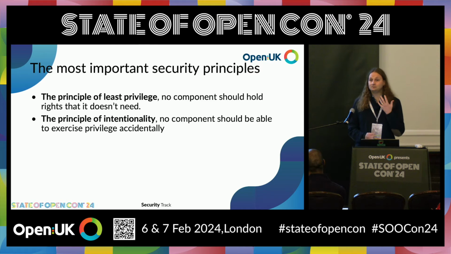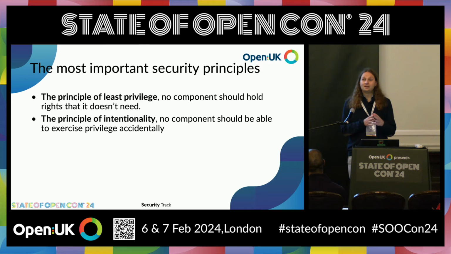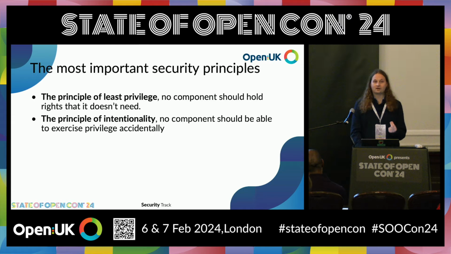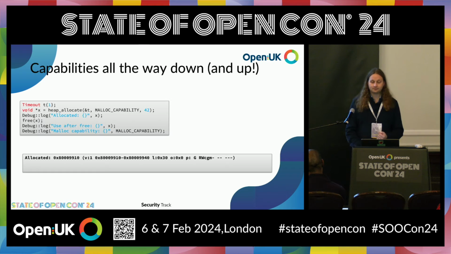And again, if we're talking about things like memory, this is really enforced right down at the hardware level. Every load instruction, every store instruction, every jump instruction must have as one of its operands a valid pointer that conveys the correct rights to do that operation. But it also surfaces higher up in our software stack. If you want to establish a network connection, you have to present the authorizing capability that says, I am allowed to connect to this network server. And so we can really enforce very fine-grained, auditable privilege separation and intentionality.